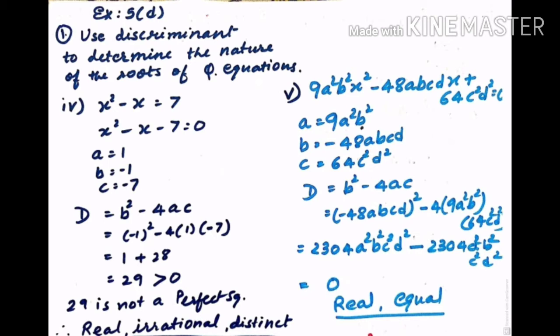So just now we have learned that whenever the d value, meaning the discriminant, is 0, our roots are real and equal. So here you can see, students, without finding the roots, only from the value of the discriminant we can understand how the roots will be. Will they be real numbers, or equal, or irrational numbers, you can understand. Okay, now let us move on to question number 2.